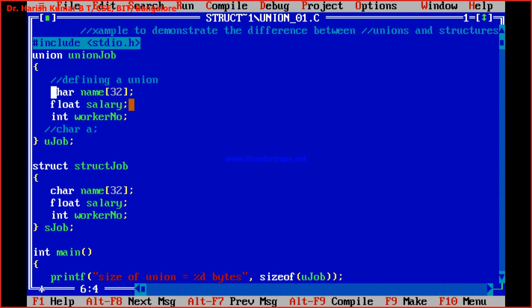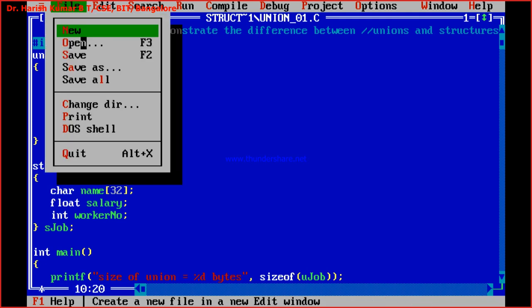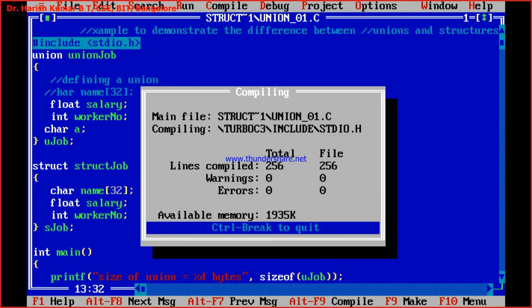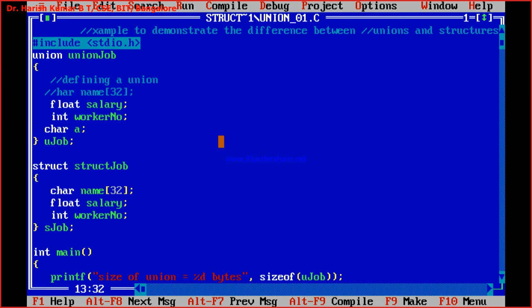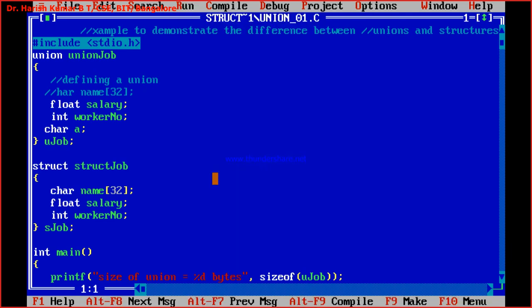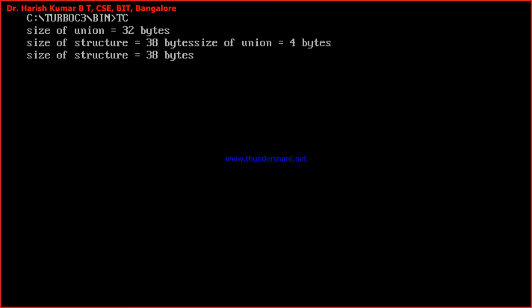Now what I'll do is I'll comment this and uncomment this. Save, I'll compile again and then I'll run it. Now I'll press Alt F5.